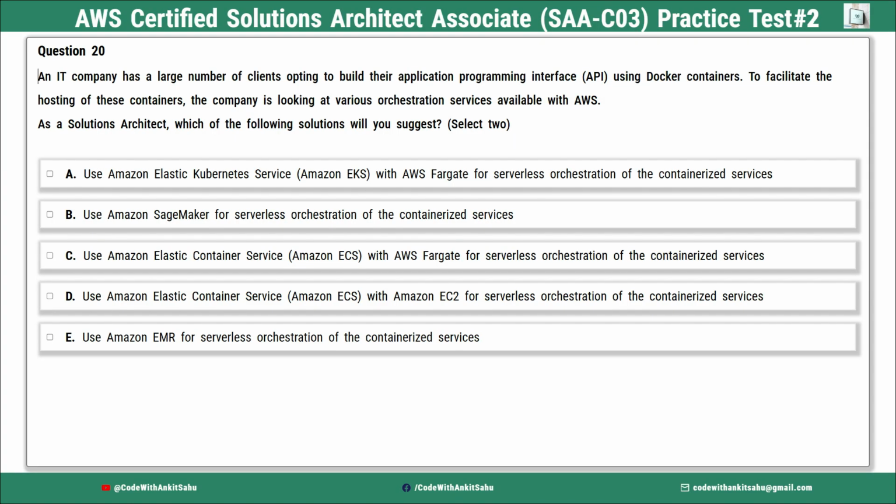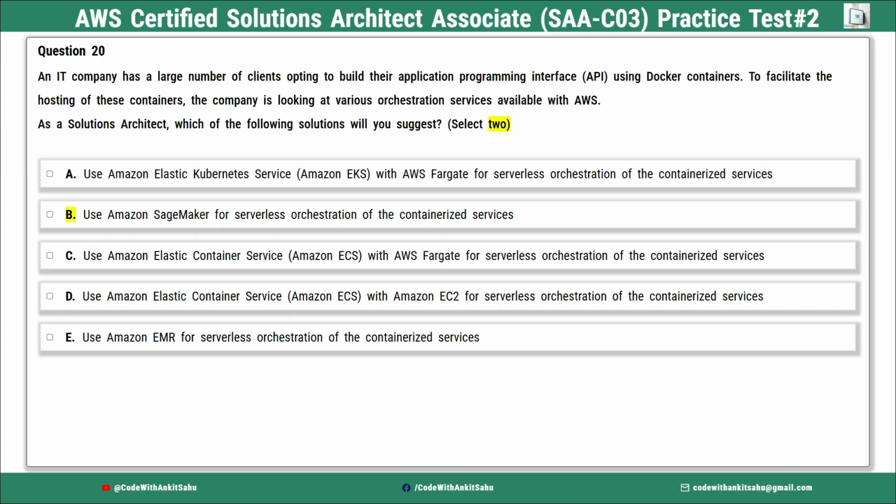Question 20. An IT company has a large number of clients opting to build their application programming interface, API, using Docker containers. To facilitate the hosting of these containers, the company is looking at various orchestration services available with AWS. As a solutions architect, which of the following solutions will you suggest? Select 2. Option A. Use Amazon Elastic Kubernetes Service, Amazon EKS, with AWS Fargate for serverless orchestration of the containerized